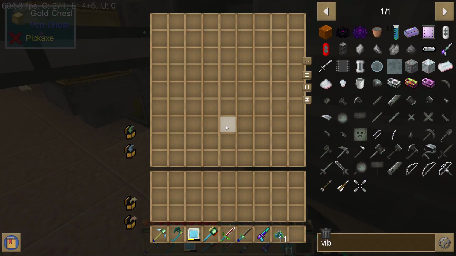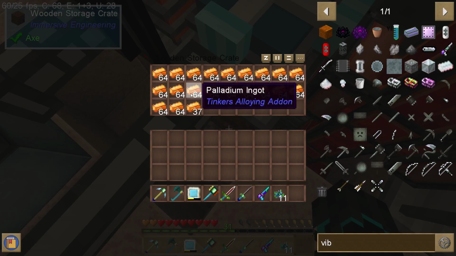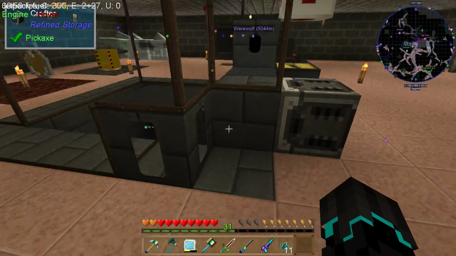Speaking of, how are you doing? Alright, I think I've processed all my uranium. Yep, and I've got an almost abundant amount of palladium. Okay, so,